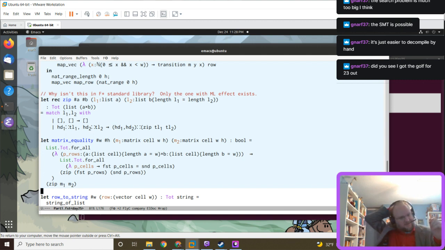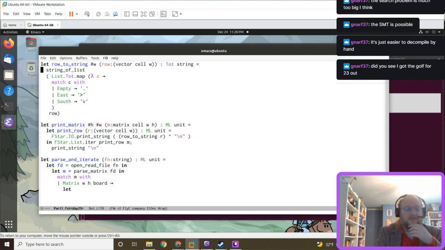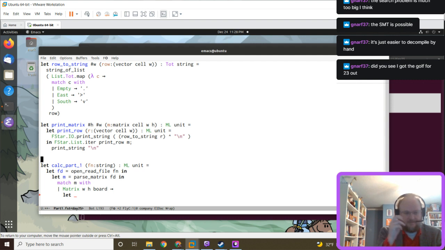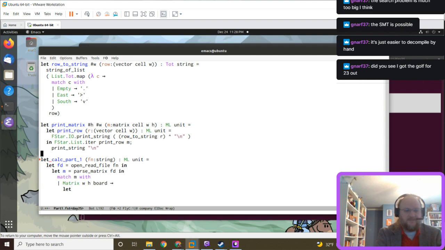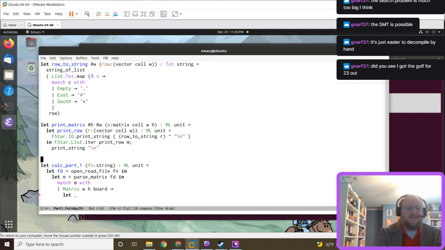So, all right, so there's matrix equality. We got matrix printing. Let's write the solver. I'm torn between just solving and seeing if it works. So let's solve it.